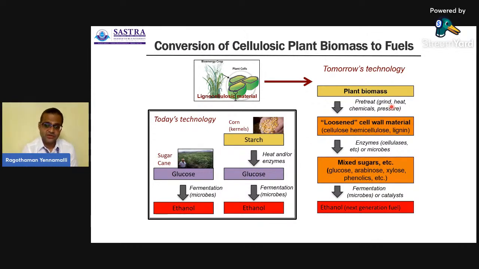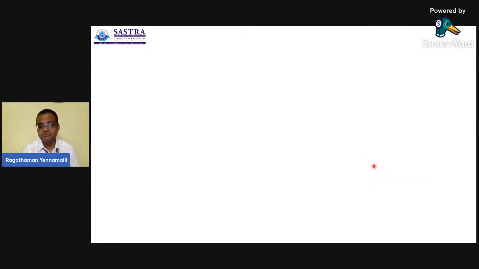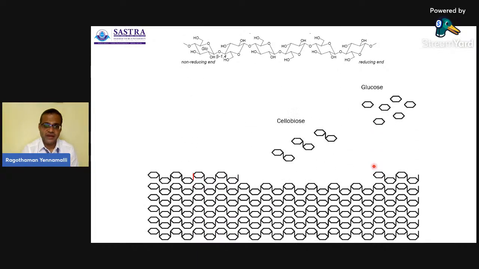And tomorrow's technology, which has been used in many cases in industry but has not been implemented widely, is where you use mixed sugars for converting into ethanol. So most of the enzymes that do the work of breaking down the polymers to monomers are cellulases, which is a very big umbrella term. And so to schematically show,